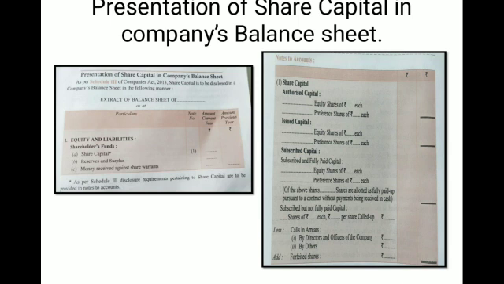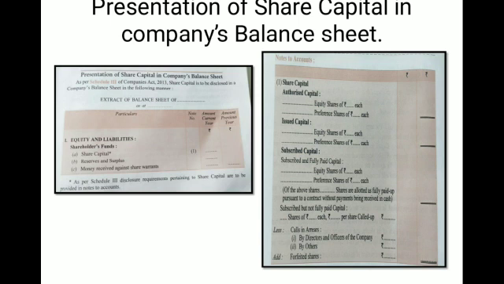It means when you are preparing the balance sheet for share capital, you have to take the equity and liabilities, then the shareholders' funds and then the share capital. Now on the right side you may see the format. This is called the notes to accounts which you have to make, and the result derived from the notes to accounts you have to put as note number 1, listed in the main balance sheet as a working note. The same number should be put in front of the share capital.